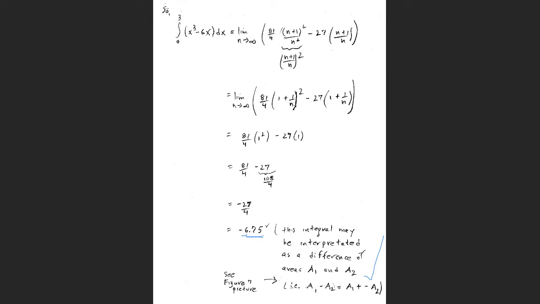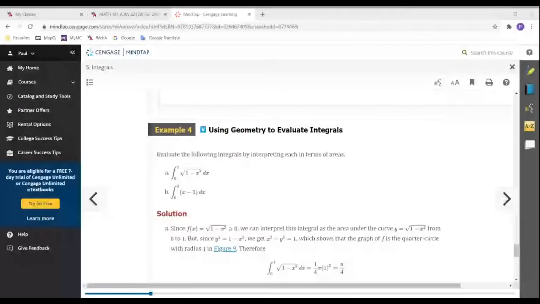and bring up the ebook again. Okay. So this is section 5.2. We were able to compute the Riemann sum because we had those nice formulas that allowed us to compute the summations, and that's great. But